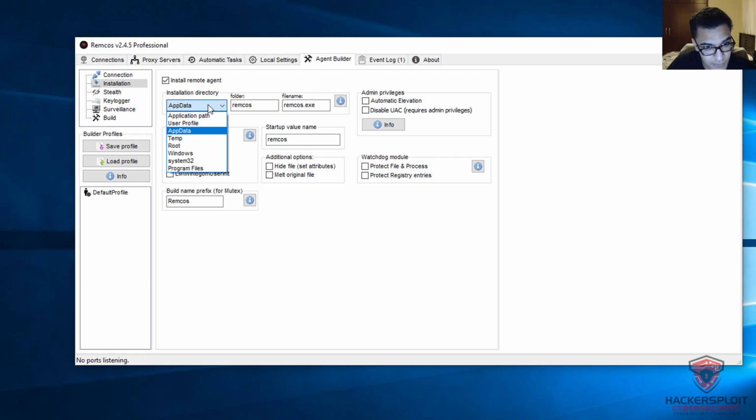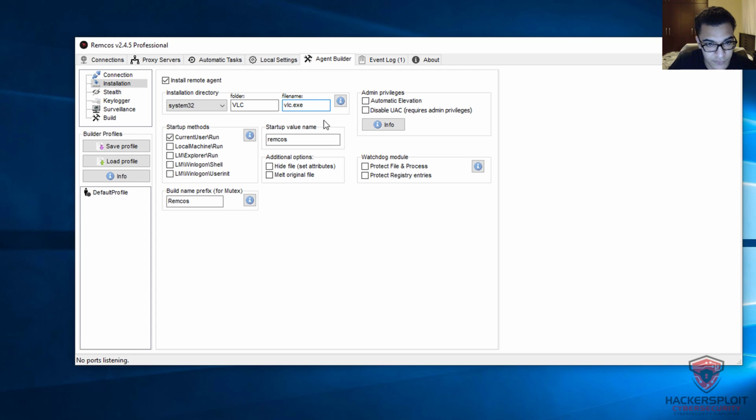So you have your app data, you have the user profile, which I really don't recommend. The temp folder is always at risk, especially if the target is computer savvy. They might be in the habit of constantly deleting their temp folder or the contents of the temp folder. You have your Windows System32, which is pretty much the best place you should be having this in. But you can specify that. For example, you can give it an unambiguous folder name, like, well, really not Minecraft. I can say something like VLC, and you can give the file name whatever name you want. So I can say